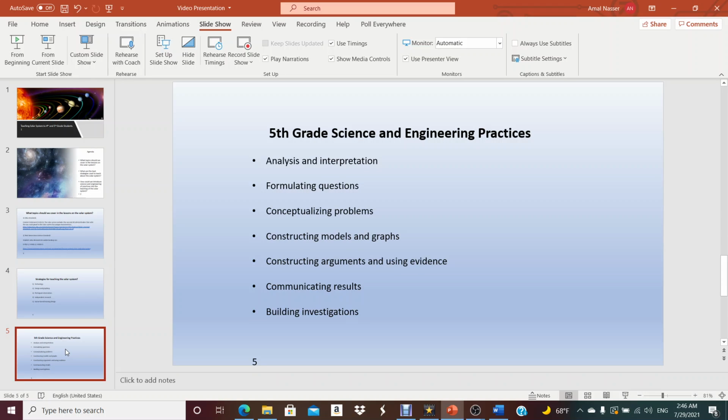There are many science and engineering practices that could be introduced into solar system lessons. Those include analysis, interpretation, formulating questions, conceptualizing problems, constructing models and graphs, constructing arguments and using evidence, communicating results, and building investigations. For example,